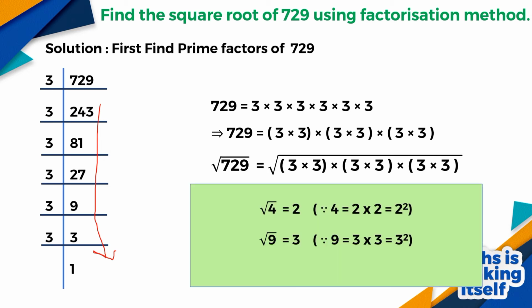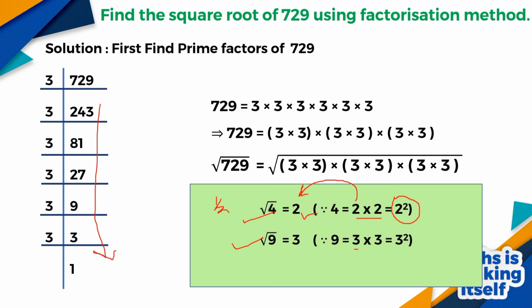Now before going to the next steps, please look at the concept. You know that the square root of 4 is 2, the square root of 9 is 3. Why? You know that 4 can be expressed as 2 squared. If you apply the law of indices or law of exponents, you can observe that square root means half power, and 2 raised to the power half gives 2. Otherwise, for 2 multiplied by 2, only one 2 comes out from the square root sign. So this concept we apply here.